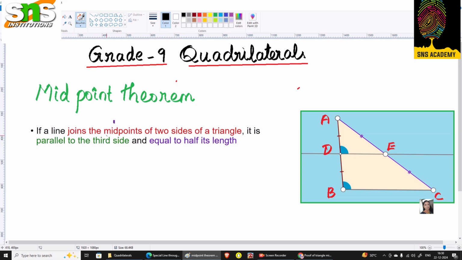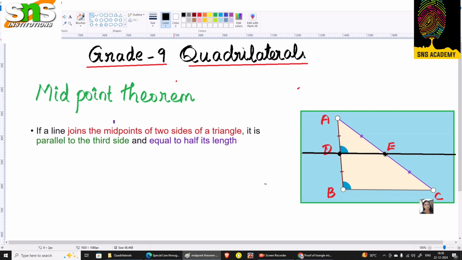So here it is given that if a line joins the midpoints of two sides of a triangle, then it is parallel to the third side. This is a point. Here I have taken a midpoint D, and then another midpoint E. D is the midpoint of AB and E is the midpoint of AC. When you join D and E, they are saying that DE will be parallel to BC,